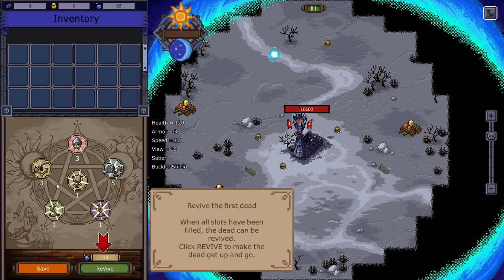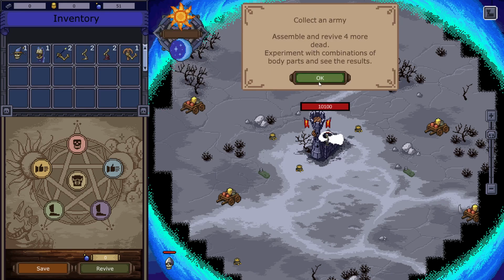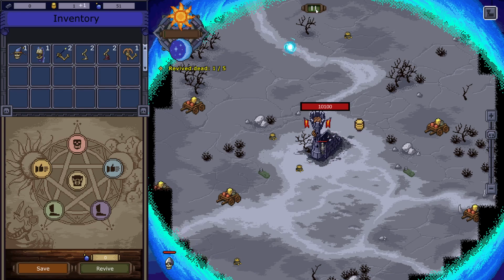It says deck builder, but basically the deck is the body parts you get. So it costs 14 mana. We have 65. We'll revive. And this is just showing us that we can pause, and you will need to use that pause button because the more advanced version of the game is quite a bit more difficult. So early on,